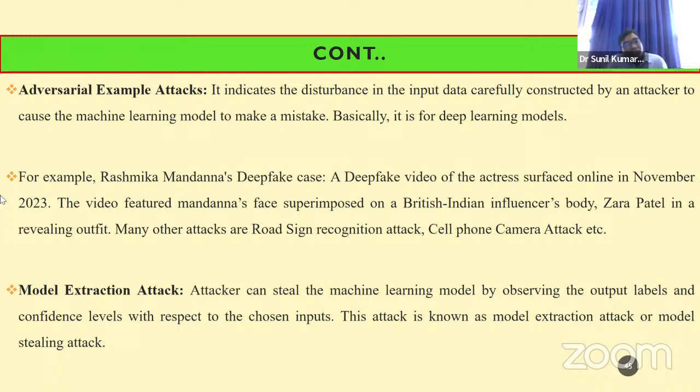A generator generates the fake images, and the discriminator checks whether it is a fake image or a real image. This process continues, and the generator refines the images so that the discriminator cannot discriminate whether it is a fake image or a real image. So if some video is generated using this approach or this robust technology, of course, whatever